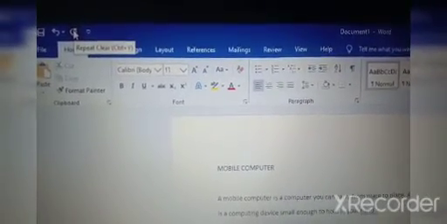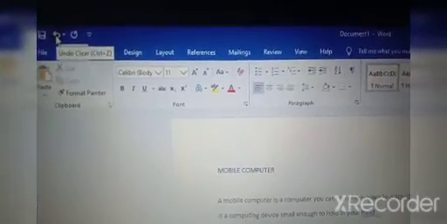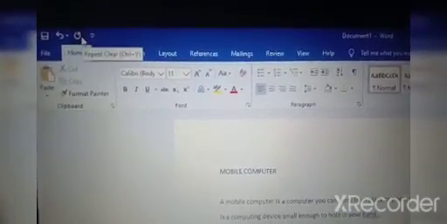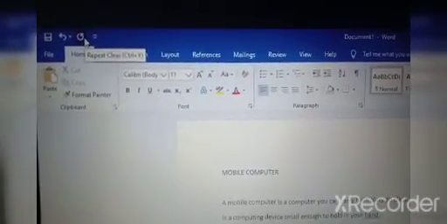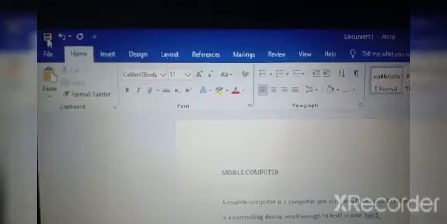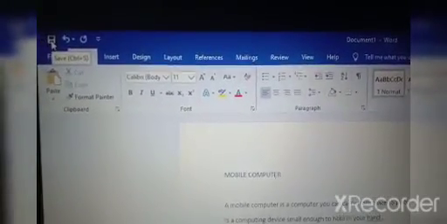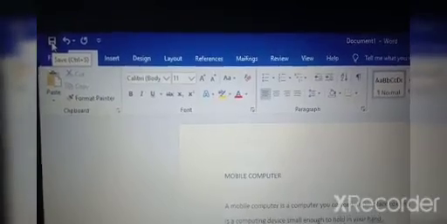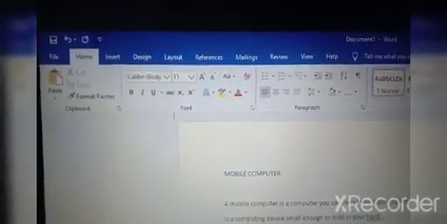Ctrl plus Z is a shortcut key. So the undo command is Ctrl plus Z and the redo command is Ctrl plus Y. And this is the save button. Children, the shortcut key for save is Ctrl plus S. So this is the quick access toolbar we have seen.